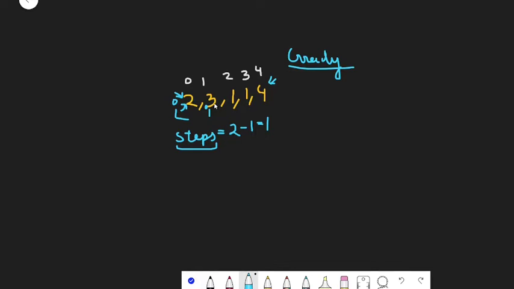Now at index 1 we have 3 as the element, right? Now we are using greedy, so we need to find which one is maximum between 1 and 3. It is 3, so we are going to update it to 3. Now again we are going to increment this I. Now I will be pointing to index 2, right? Again we are moving from 1 to 2, and hence we are going to decrease it by 1.